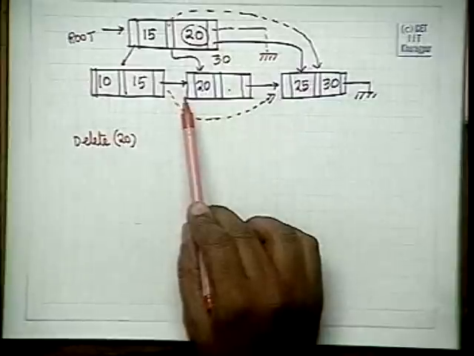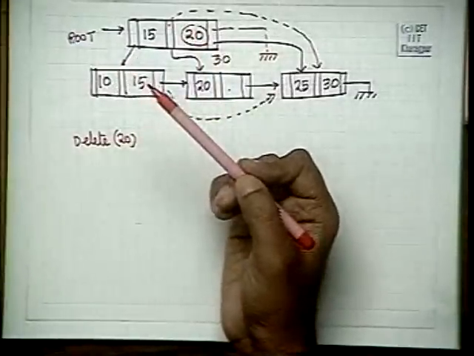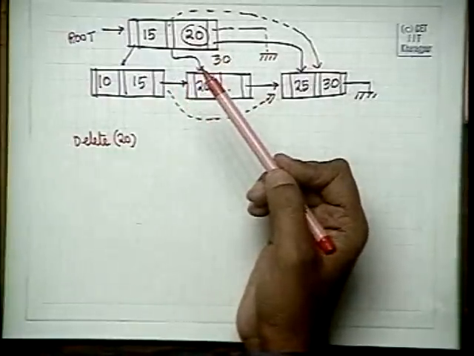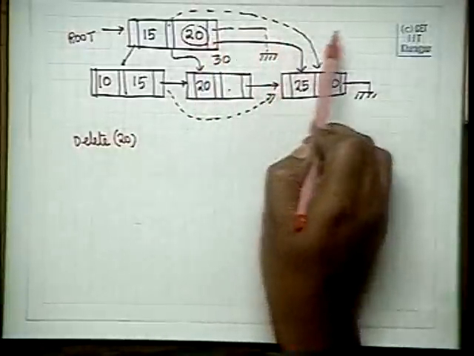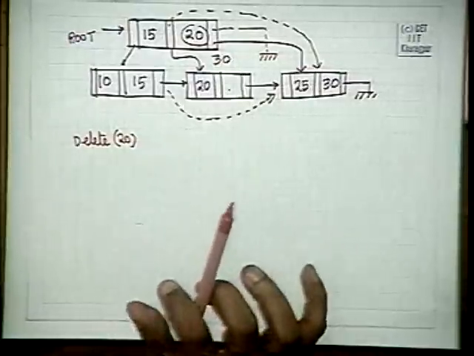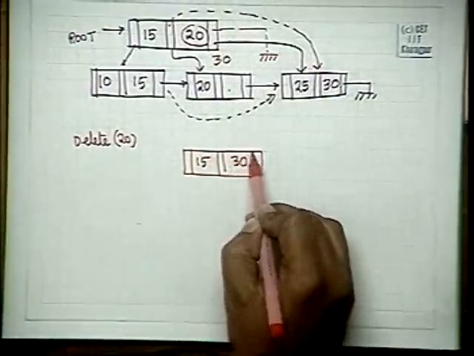When you do this, you sometimes see that your record and block sizes are such that you have a lot of space which you can use. If you have some additional space, then you can do many things. Even at the internal nodes, you can maintain the brothers. It depends on the ratio of the block size and the record size, and if you really have some space, then you can put the previous, the next, the parent, the child. But if you don't, then this is sufficient to maintain the order of log n complexity by just modifying your algorithm a little. So delete 20 will lead to a structure which is 15, 30,